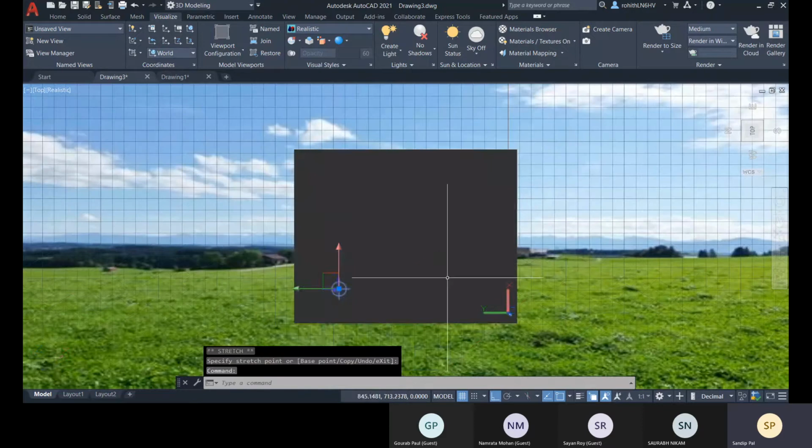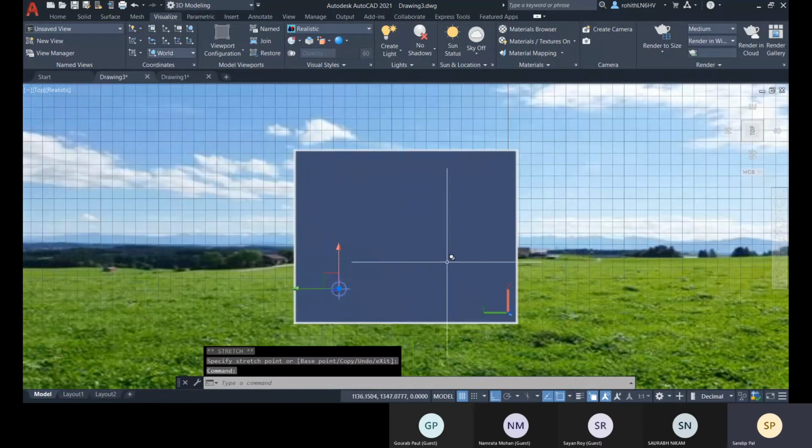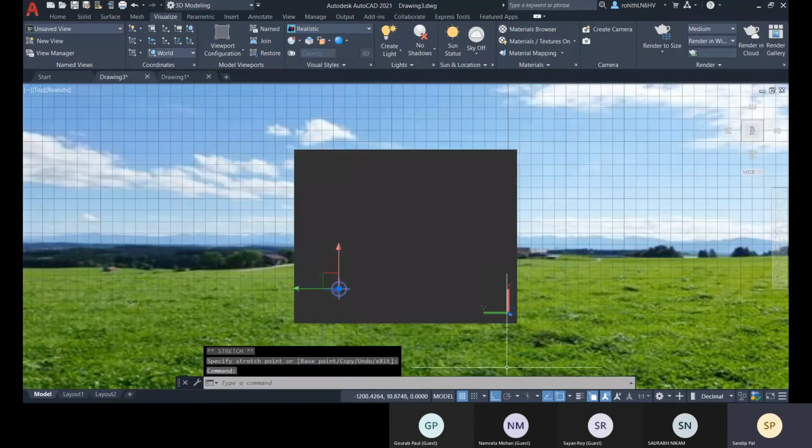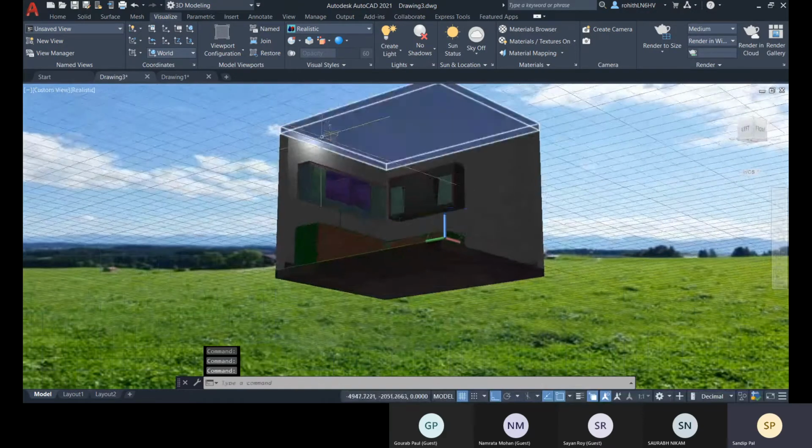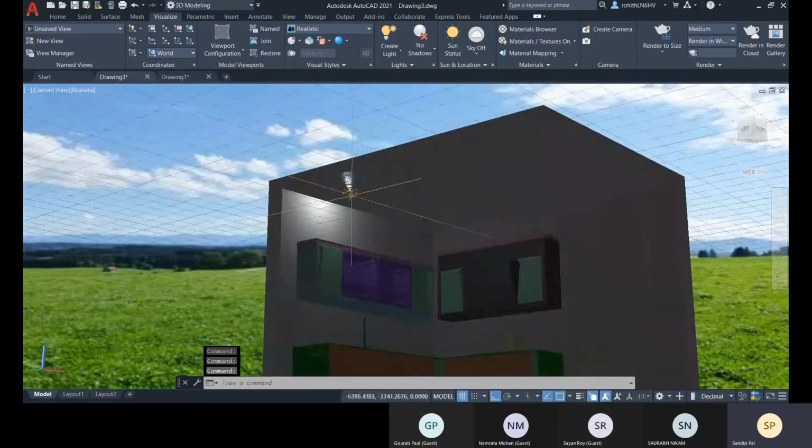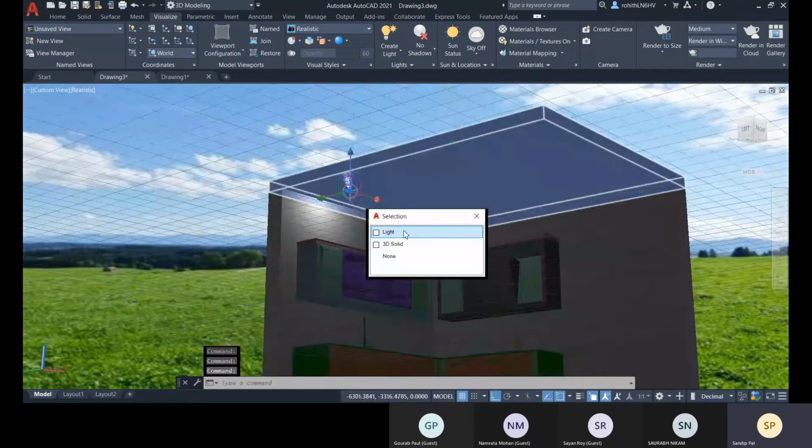Okay, from the top view you can see it is placed over there, and if you want to make a copy of this, you can go with this copy option, so you can easily create all the other lights. Now you can see it is emitting light from one point direction.